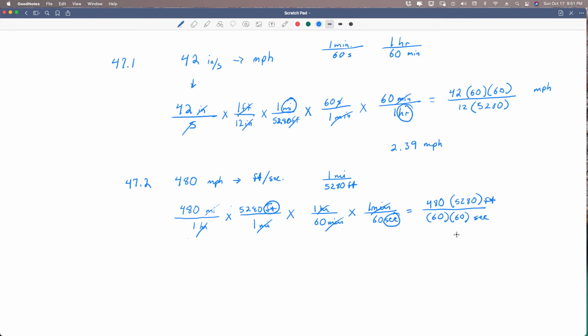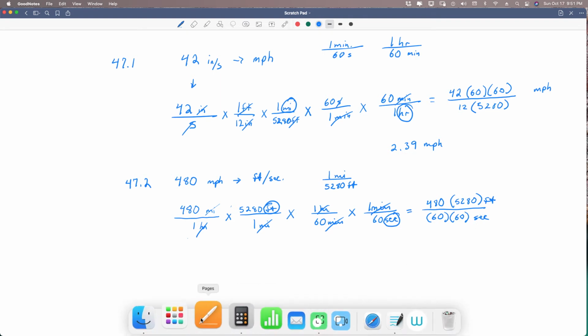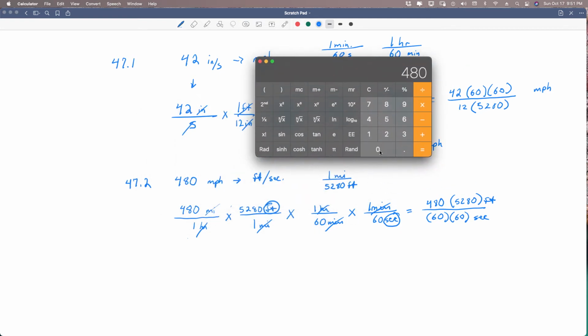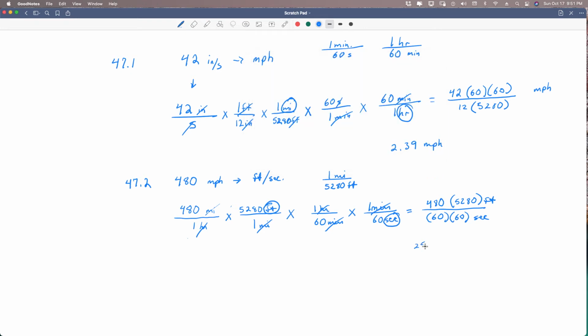Now we do the math. And when we do the calculations, I'll show you with my calculator this time. So what we do is we say 480 times 5,280 equals, let me double check that. That's a big number. 480 times 5,280 equals 2,534,400 over, and that's feet,